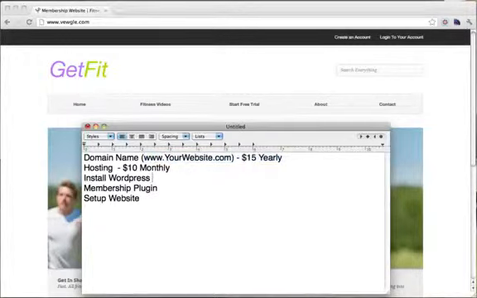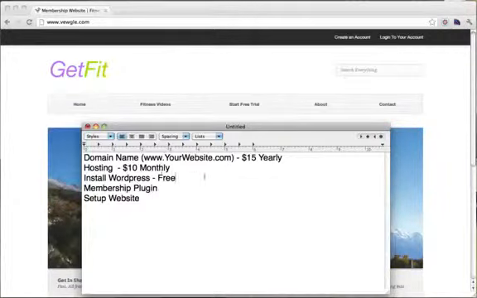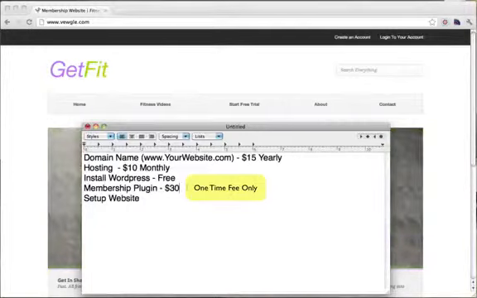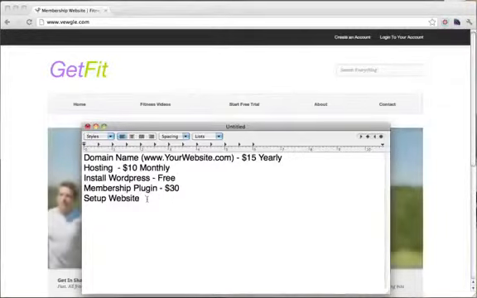All right, we need to install WordPress, which is free, so that's pretty cool. WordPress gives out their software for free, and that's why it's so popular. And we need the membership plugin, which costs about $30, which I think is a great deal because in order to make this plugin, you would need to spend hundreds of hours and know PHP, HTML, and CSS code. So it really saves you lots of time. And we need to set up our website. We're going to do the sweat equity ourselves and put in all the work,